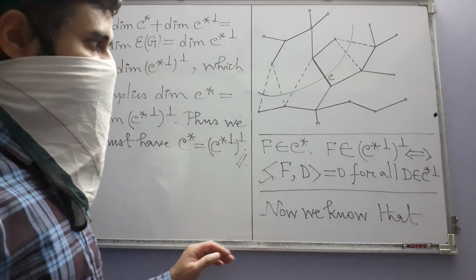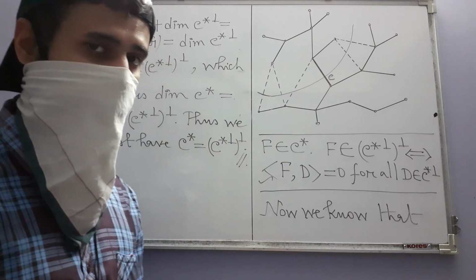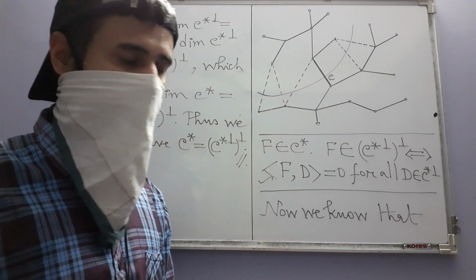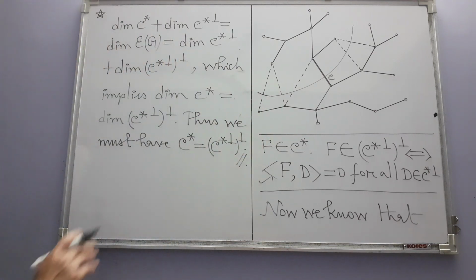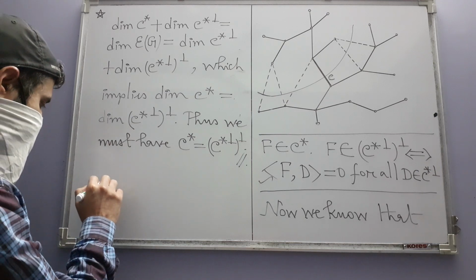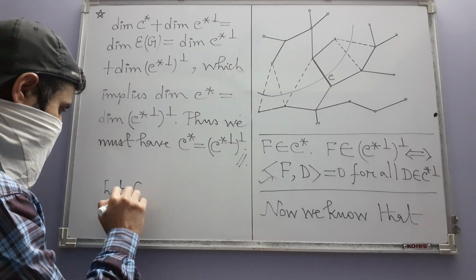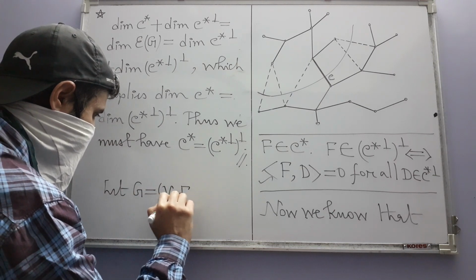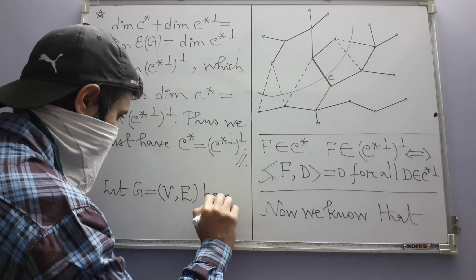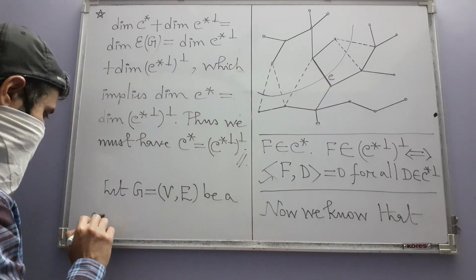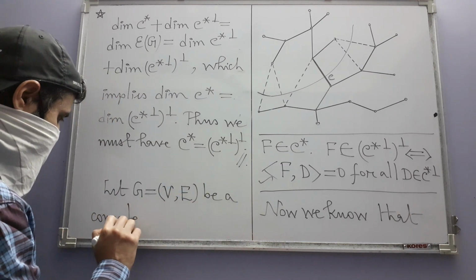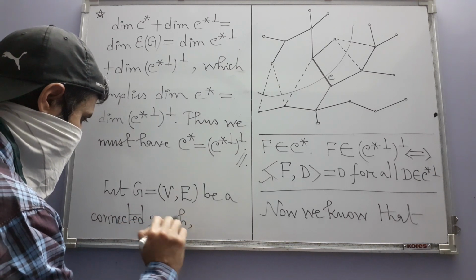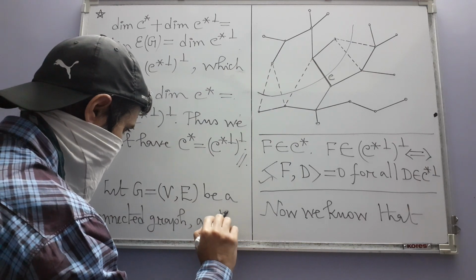Right, so now let us see what comes next, and this is where we have this figure. Now let G equal to (V, E) be a connected graph, say, and let,